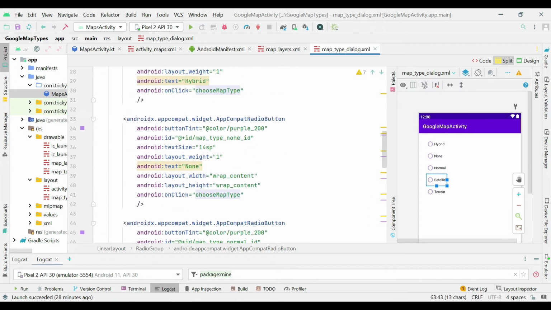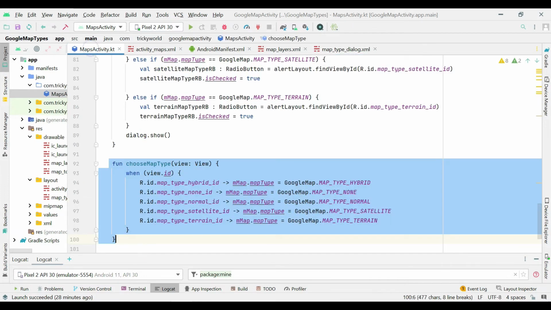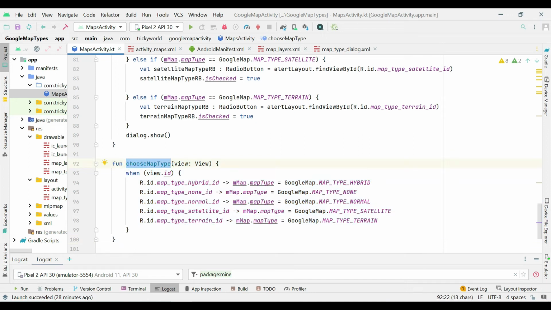So for example, if this radio button is clicked, then here I am calling the choose map type method. So this method will be invoked and this condition will become true. So here I am setting